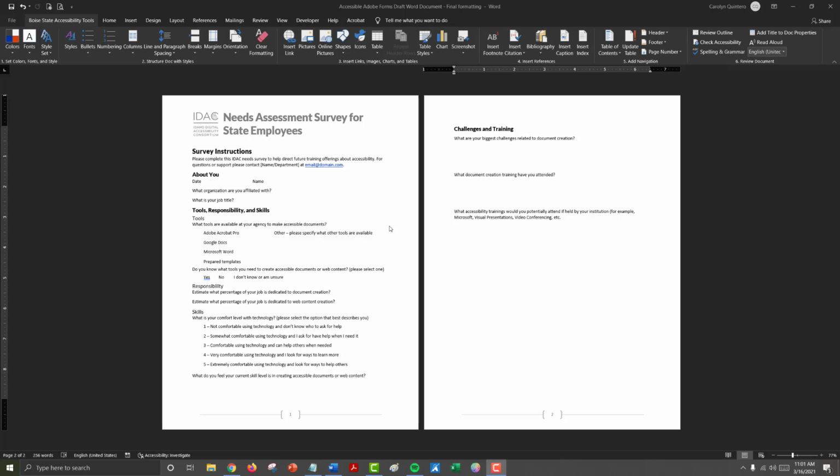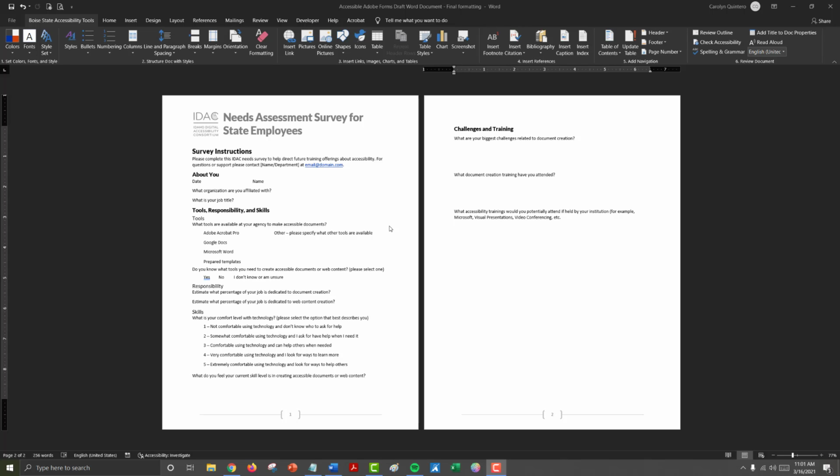Before we do that, there's one final step you should always do for any document you're working on, and that is to do an accessibility check in Microsoft Word. Even though we've done everything right up to this point, doing that accessibility check is really important because it can catch anything we may have forgotten. For example, you may not have added alternative text to your image. Doing an accessibility check at the end highlights that and allows you to fix that issue before you save it as a PDF.